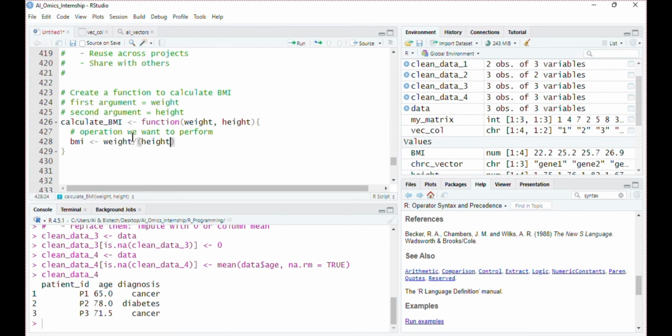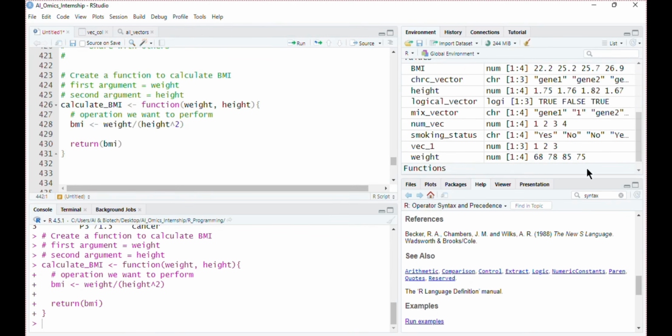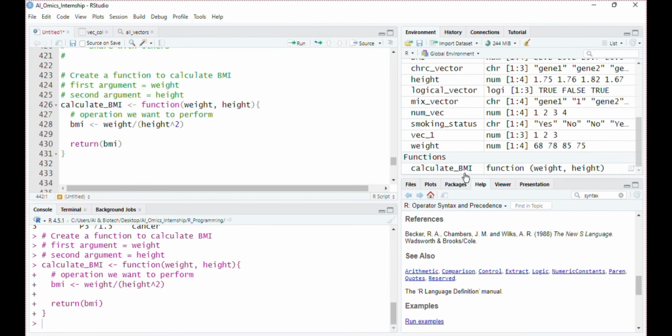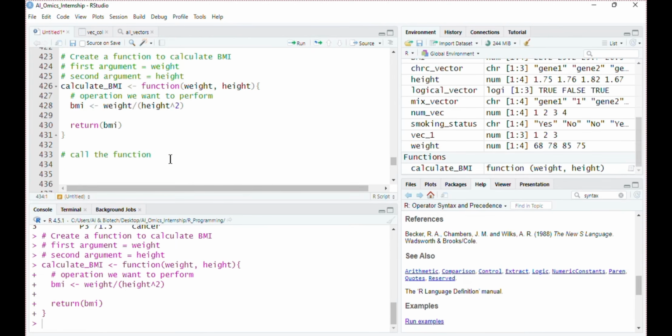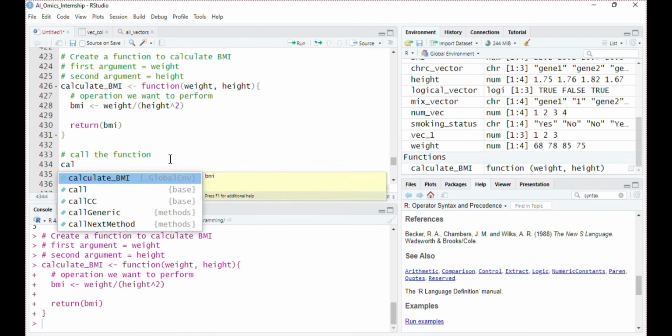If I run this line of command, okay, here under this function section, we have created a new variable called calculate BMI. So at this time, we just created this function. We don't perform any calculation or any operation in it. It is just a simple function. When we call this function, it will calculate the BMI for the values we provide.